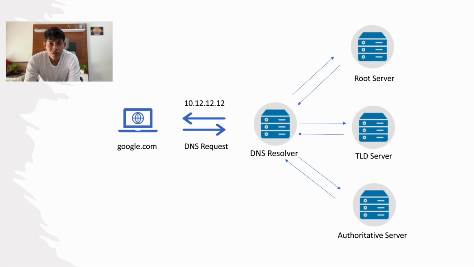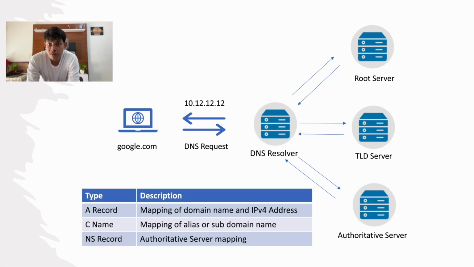Now the authoritative server will have multiple entries for the DNS. To get the data back to the DNS resolver, it checks what kind of entries it has. There are A records, which are basically IPv4 records. It is just a mapping between a domain name and an IPv4 address. So it will just return that specific IP address to the DNS resolver, and then the DNS resolver will return that query back to the client. One more thing that can happen is the authoritative server can have a CNAME entry, that is a canonical entry, which signifies that this domain name is actually an alias for another name. So it can only have a mapping of a domain name to a domain name, or alias. It cannot have a domain name to IP address map.